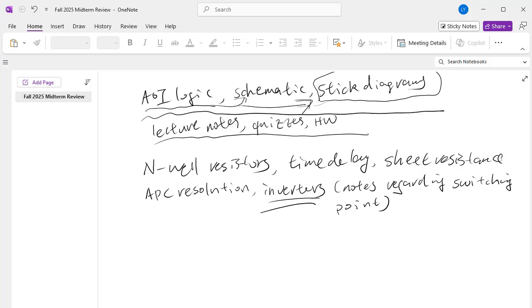Okay, so the key point is for inverter, it's gonna switch like this. Okay, and because mobility of the holes is less than the mobility of the electrons, that is why you need a stronger PMOS to keep it switching at 2.5 volts over here. Okay,